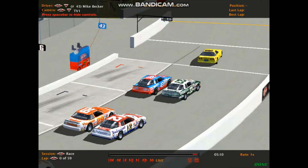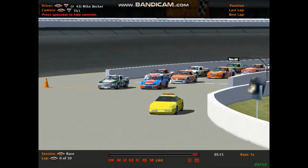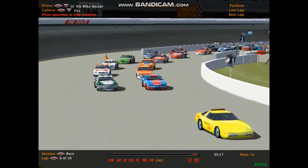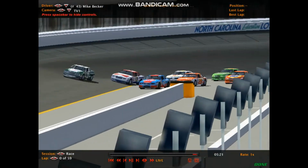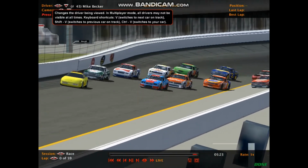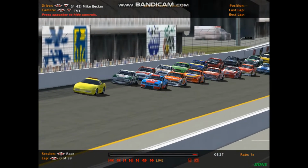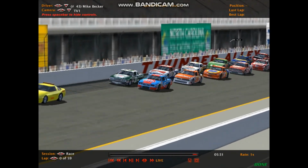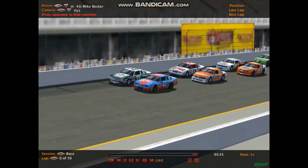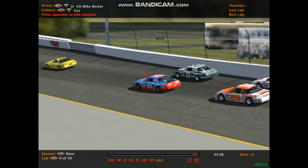40 cars thundering on pit road here at the Rock as the pace car leads the field. I think the pace cars are on drugs every time he's at the Rock. I don't know. The field is about to come off turn number 2 here. The engine sound is well back to normal for now, until we head to Talladega for the next plate race of the season. But anyway,